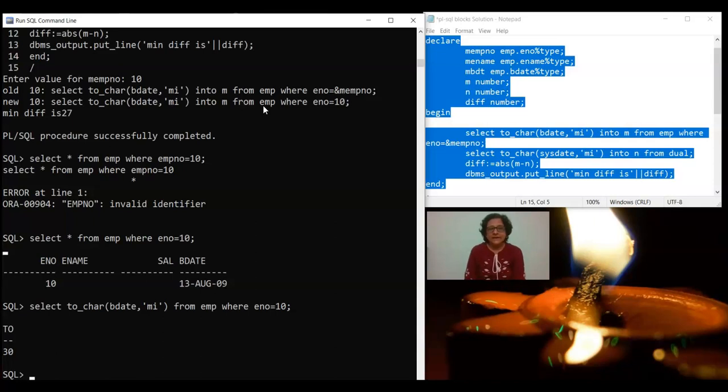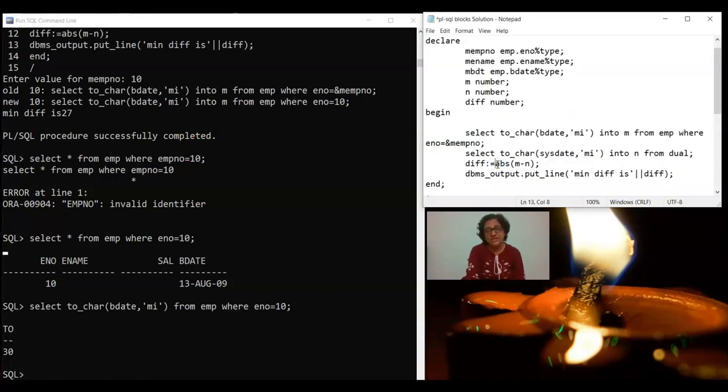Currently it is 57 on my computer clock, so it is giving me 27. Maybe after 1 minute it will give me 28. If you are getting a minus value by chance, you have to give absolute. In this manner you can find the difference in minutes of two dates.